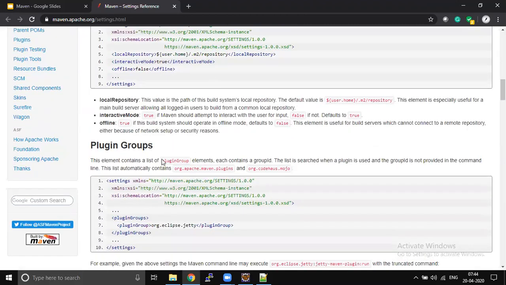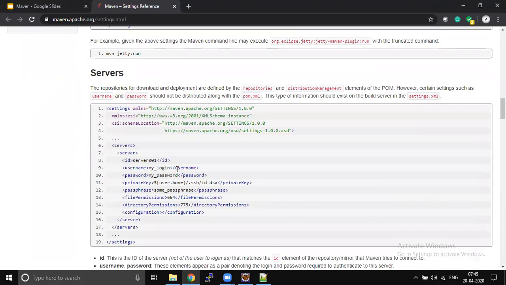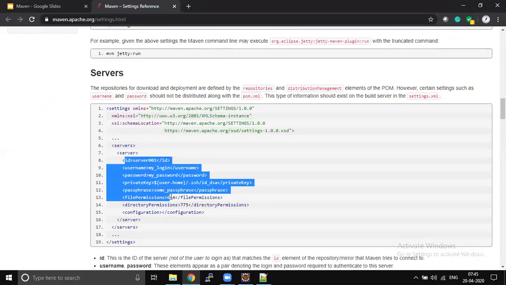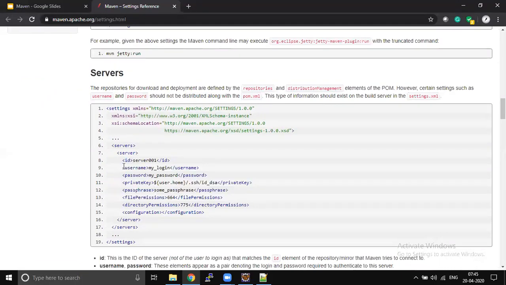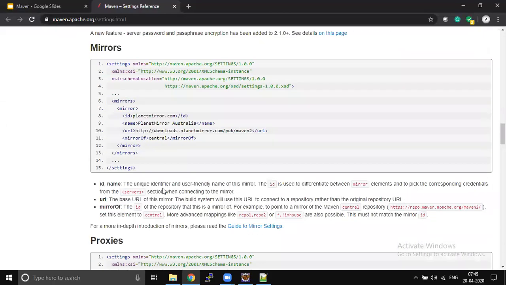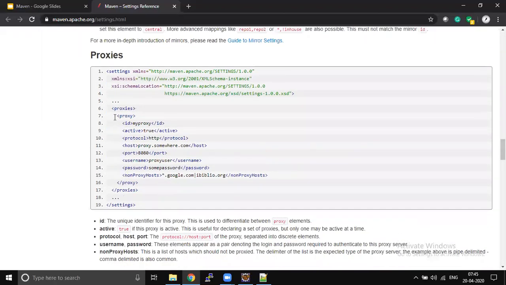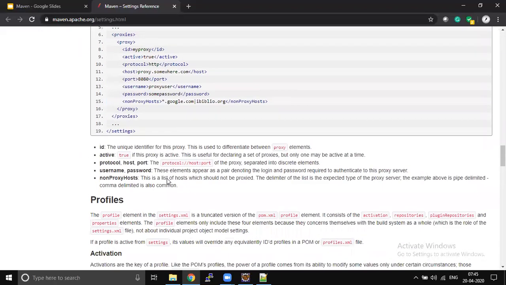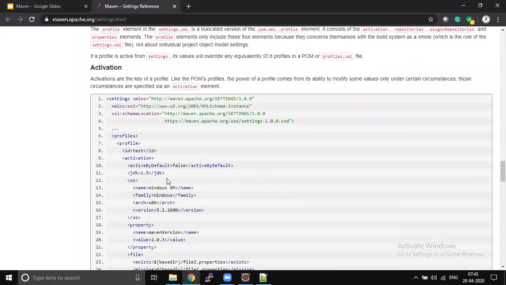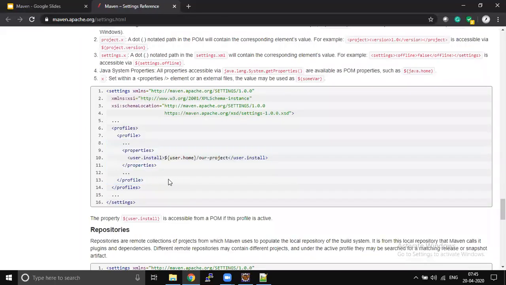If you want to change the plugin group, you can change it. This is the server information. For the mirror and proxy, if you want to have some proxy, we will configure it here. And these are the common properties.